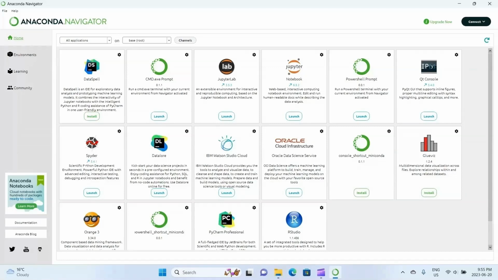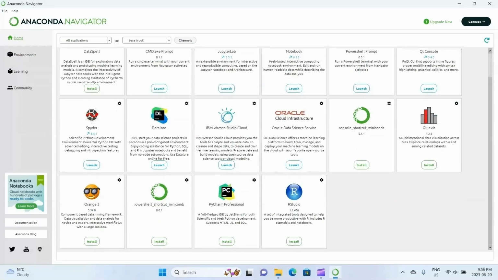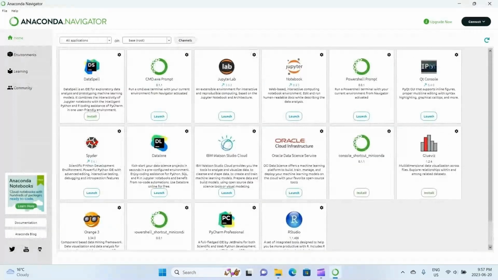We will open Jupyter Lab in a moment, but I did just want to talk about two other applications in here. So we have Spyder here, and Spyder is my second favorite after Jupyter. It looks a lot like, or works a lot like RStudio, the IDE for R, and I just really like that setup. And then there's PyCharm. I haven't used it personally, but lots of people say it's a pretty good IDE as well.